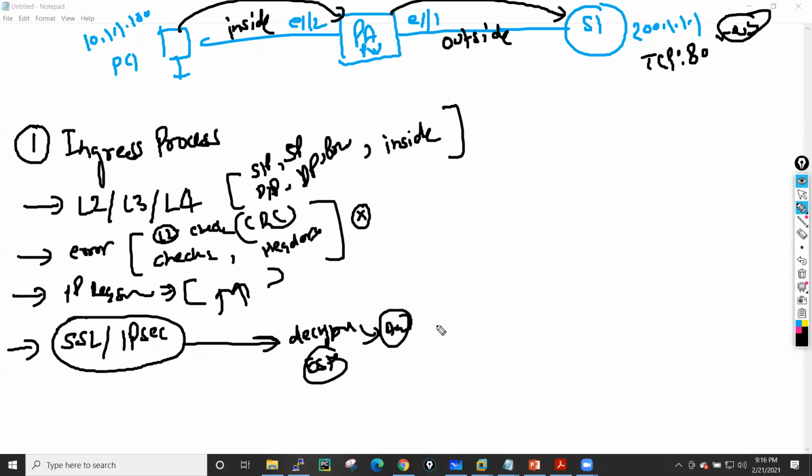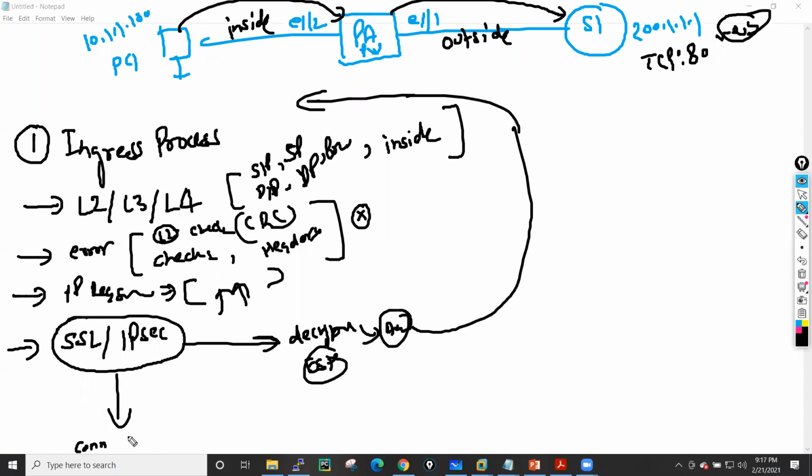After they get this actual IP header, they again forward this packet for the ingress check, where they extract the layer 2, layer 3, layer 4 info, do the error check and the IP reassembly, and after that forward this packet for the connection table, or session check. They match this particular traffic against your session table, because they have this information, so they can easily match it. Now, up to this point, your ingress process has been completed.